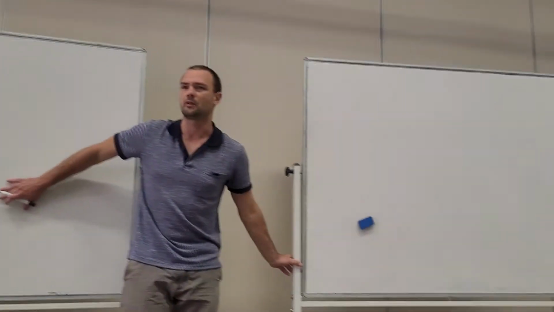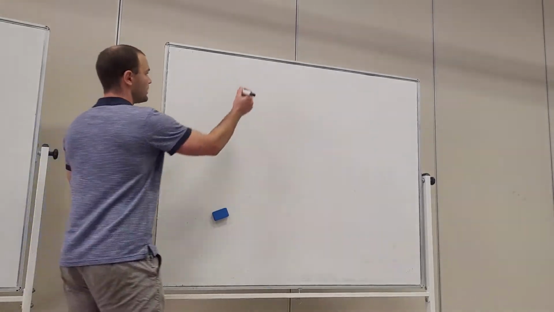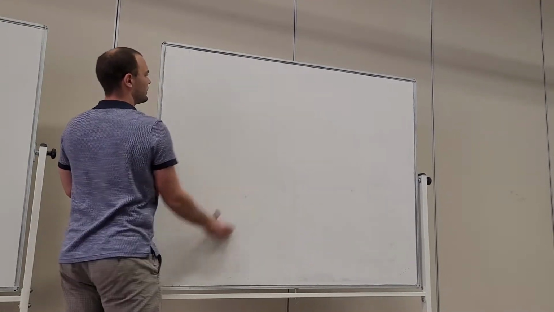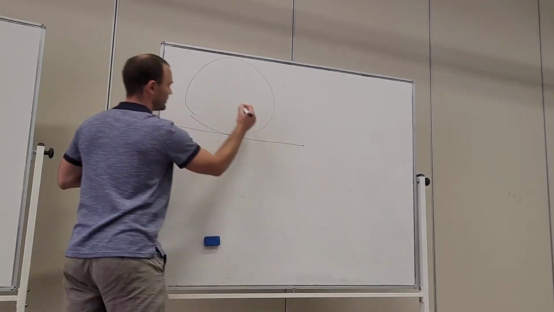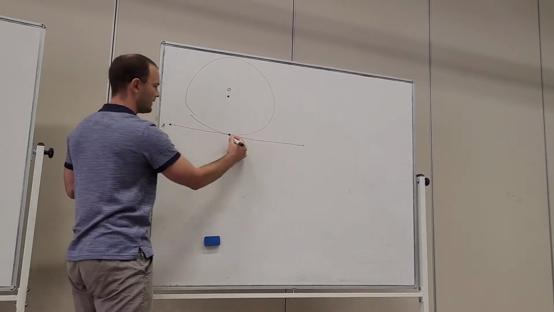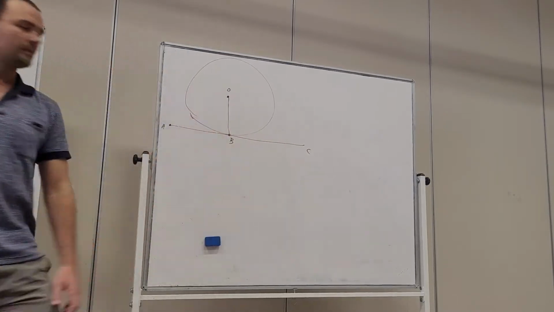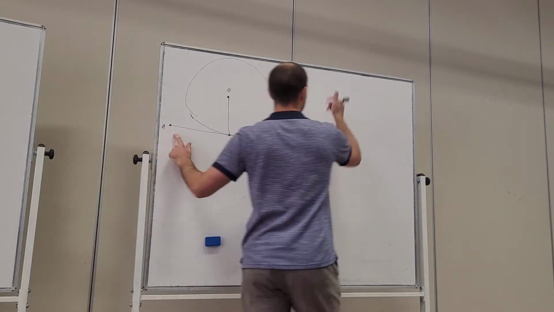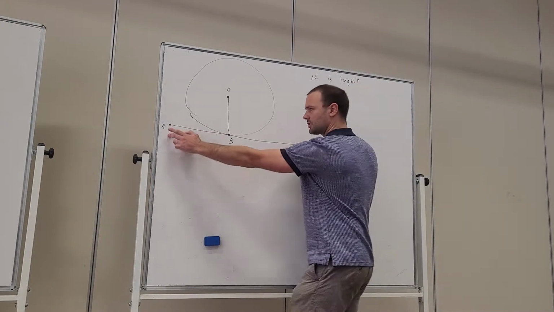So probably what I'm going to do is the proof on this board, and then some explaining on this board. Most of the proof's going to be here, and I'm going to be coming back over here to explain certain parts of it. So we're going to start with our circle. I might make it a fair bit bigger. There we go. And then here is our tangent. We've got the centre of the circle O, and let's put some points on here. We can have A, B, and C. So what we have in this circle is line AC is tangent. This is the tangent to this circle,